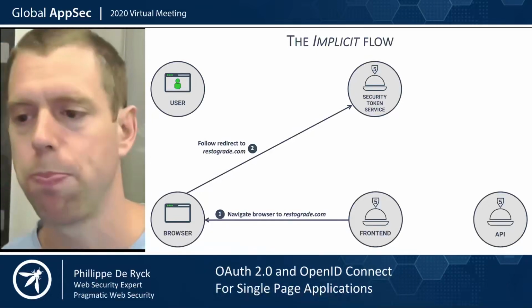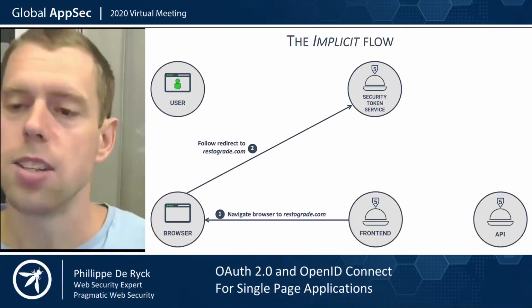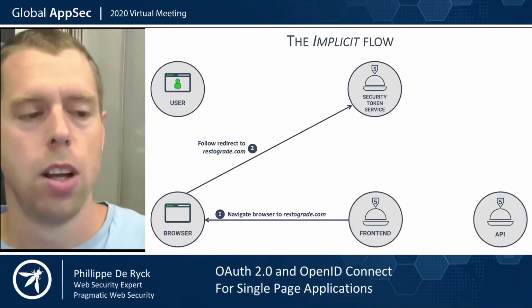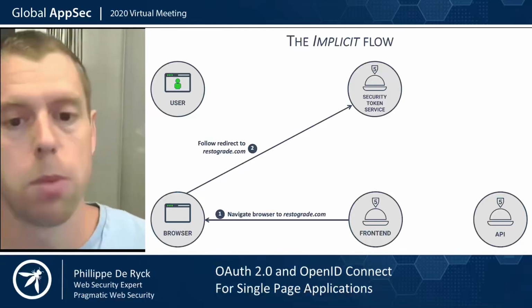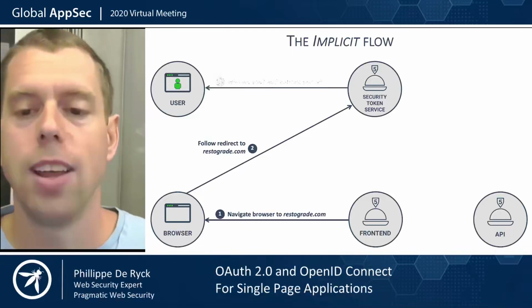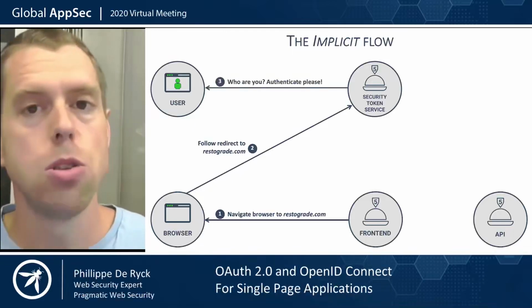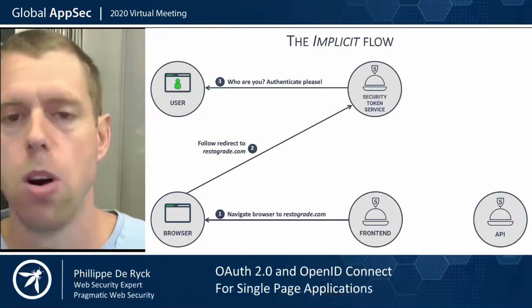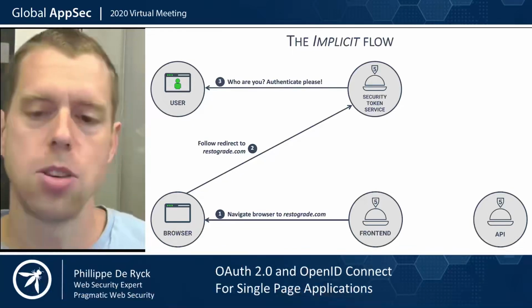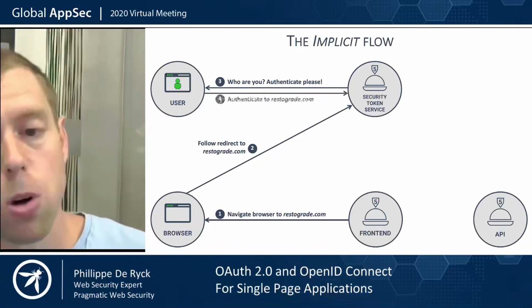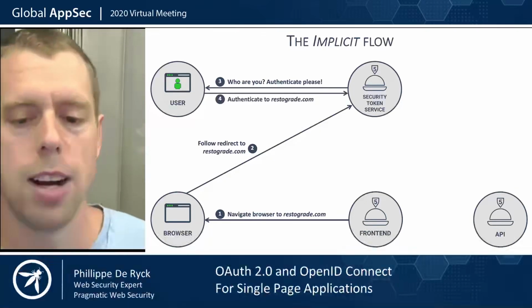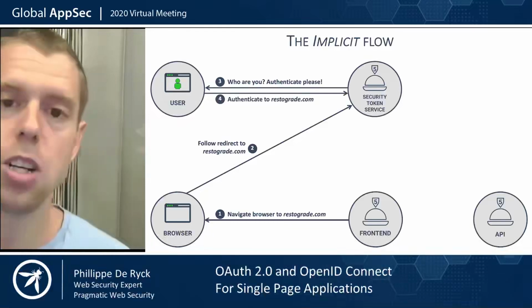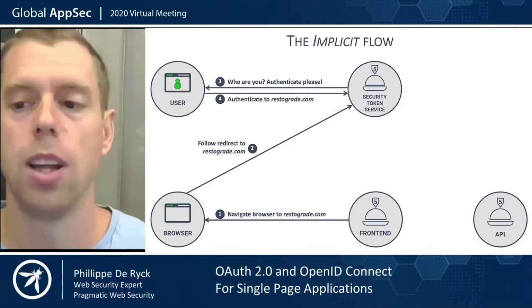That's step number 2. The STS at this point is going to decide, do I know who the user is? Do I have an existing session? If so, I can move forward, but typically it's going to have to authenticate the user. So it's going to show the user an authentication page like, who are you? Can you log in with your retrograde credentials, please? Oh yeah, of course, I'm Philippe, and this is my password. Here you go. STS verifies that information, and if everything checks out, it now knows that Philippe authenticated to the